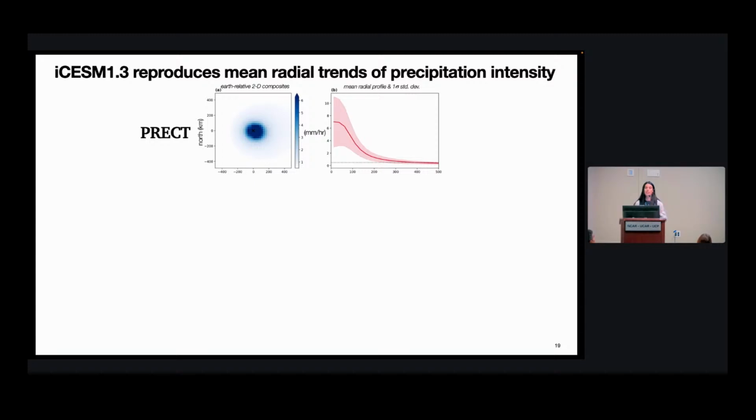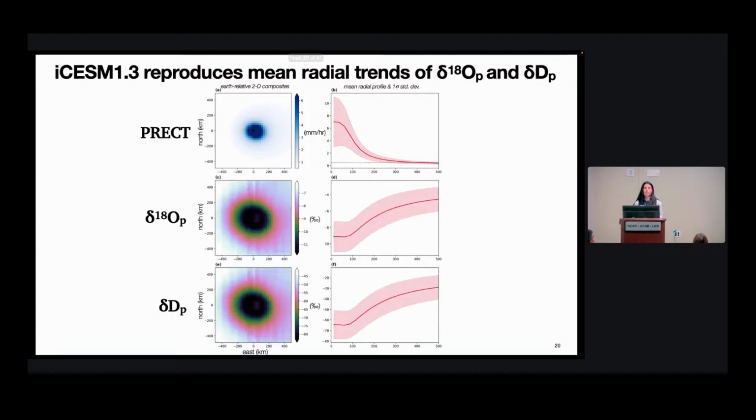But ICSM is reproducing these trends of precipitation intensity, and looking at the delta 18O fields and the delta D fields across all global TCs, it also is showing these more negative values at the center that increase outwards. So this is really good. This is great. At the base, the ICSM is reproducing these observed trends in isotopic composition. And this just highlights what I said, that the isotopes are most negative in the center where